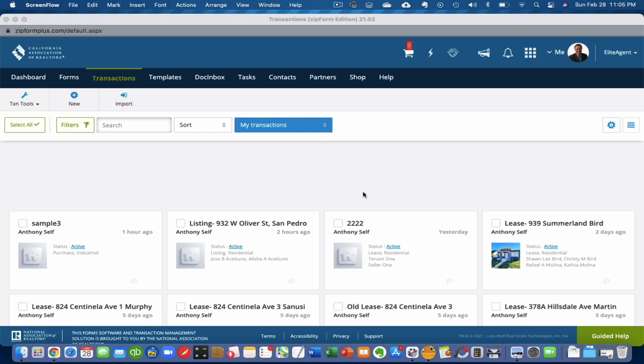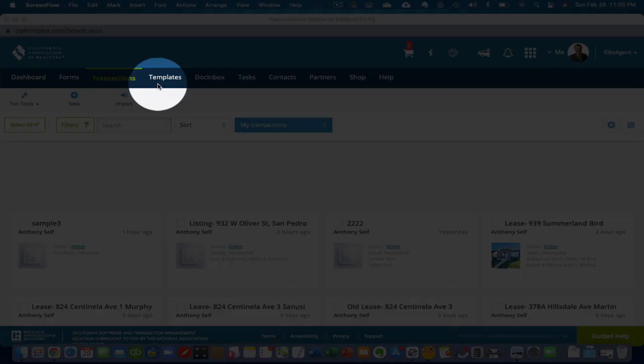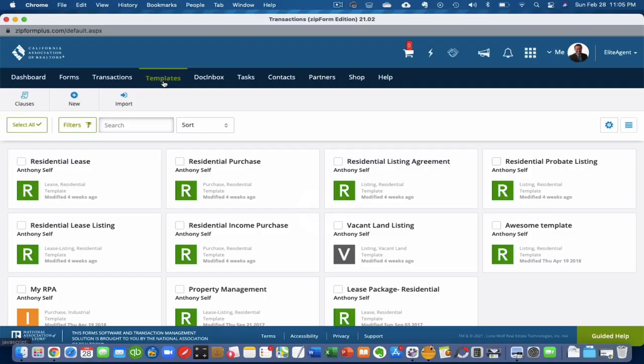How to create a new zipForm transaction using a template. All right, so we've installed the templates. We have it ready to go in zipForms. And we can see that when we click on the templates button, we'll see the templates we have installed in